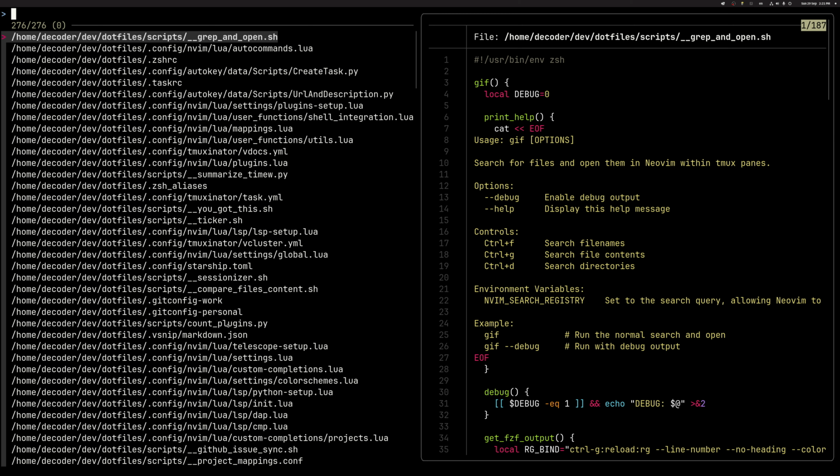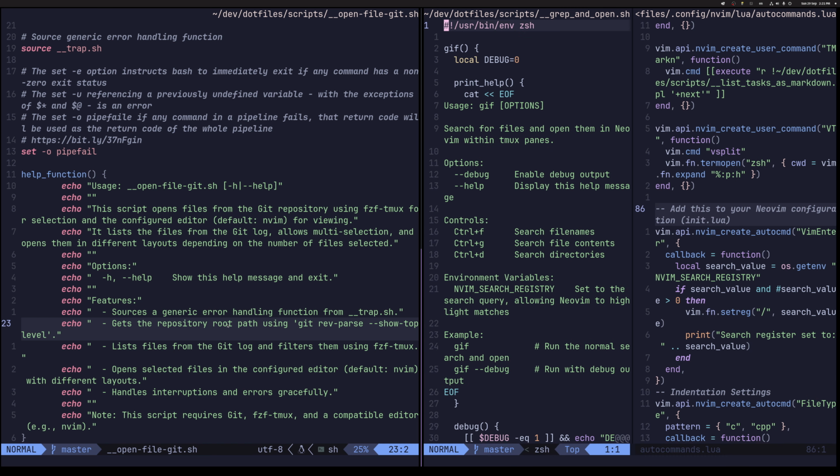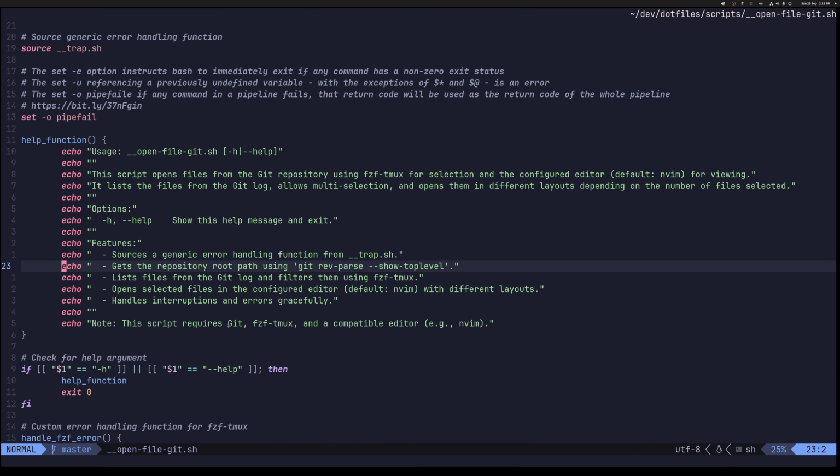So now I know that I actually changed the grep and open script that you've seen just a moment ago. I changed it just a moment ago, and the auto commands, that's also something I changed. So a very, very handy way to get multiple files. And now if I select more than one file, then it will open it in this little split here. This split doesn't use tmux like I showed you earlier, it just uses the local current tmux window rather than opening a new one. So those automations are really interesting if you work with Git repositories and